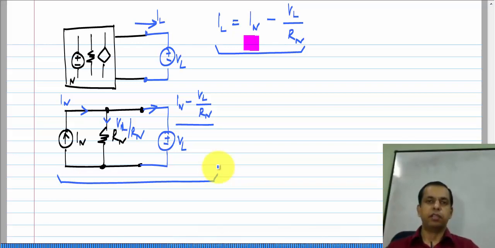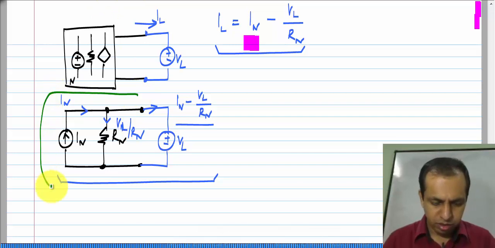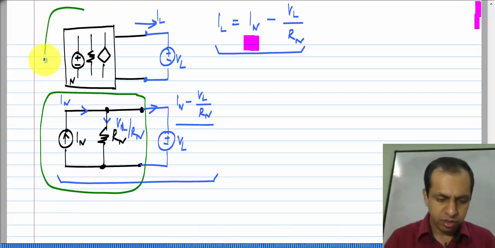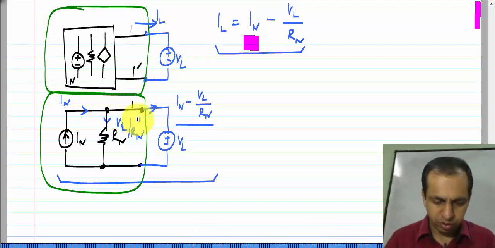If you recall, with the Thevenin equivalent, we had got V L to be V TH minus I L times R TH, and we have a similar equation here. There we could emulate the output voltage using a voltage V TH in series with a resistance R TH. Here we emulate the output current I L using a current source I N in parallel with a resistance R N, which also is equal to R TH. Okay. And this particular circuit is the equivalent of this at the terminals 1, 1 prime. Okay. This is 1 and 1 prime,